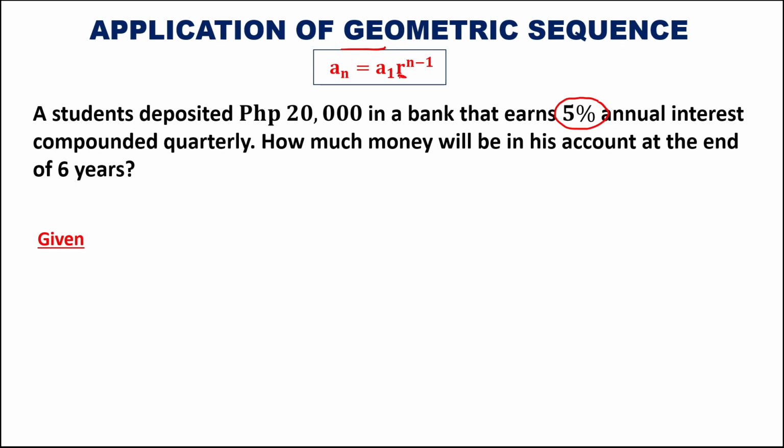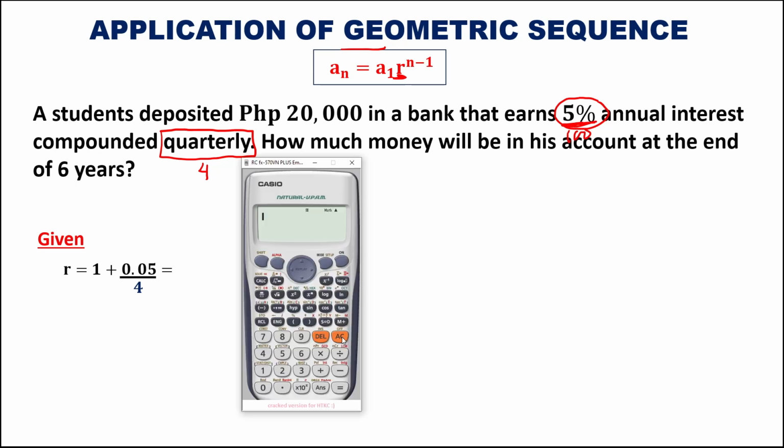So for R, so again R always equals 1, then plus the given rate. So divide this one by 100. So this is equal to 0.05. So since compounded quarterly, and this one is equal to 4, so 4 times in a year. So we need to divide the rate by 4. So R equals, so we have 0.05, then divide by 4 equals, then plus 1. So that's